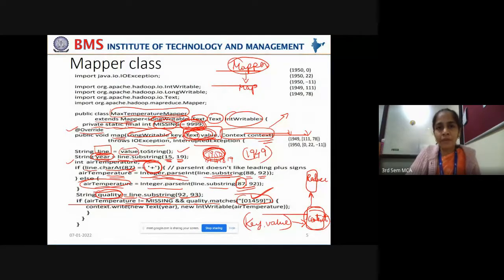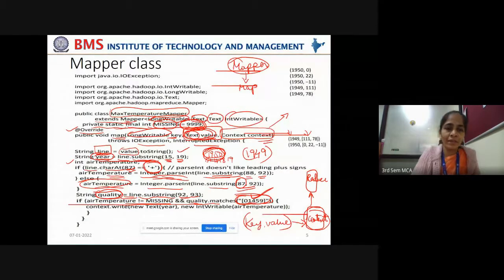They may tell you the quality codes may be captured with these digits. Other than these digits, if you find any other digit, then it is an erroneous capture of the air temperature measurement. So these are all the quality codes that indicate that the temperature is properly captured. Now we compare the quality code with any of these digits, and if it matches and the air temperature is not missing, you have your key and the value in place.